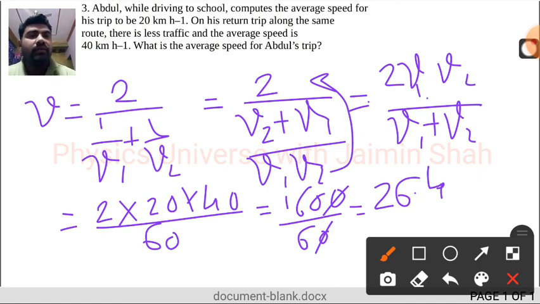So 26.4 km/h is our average speed, that is Abdul's average speed for his trip.